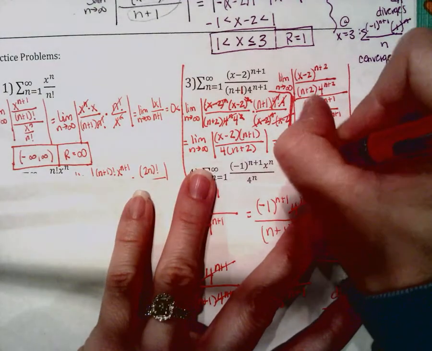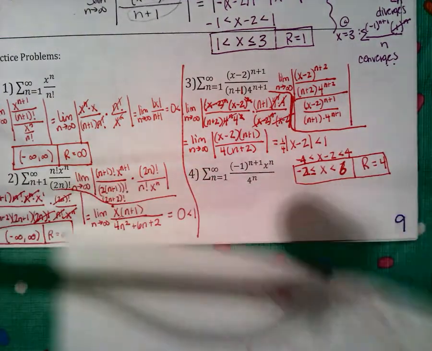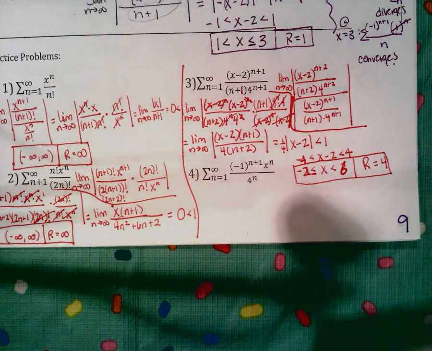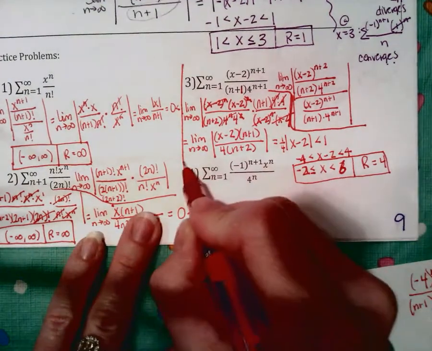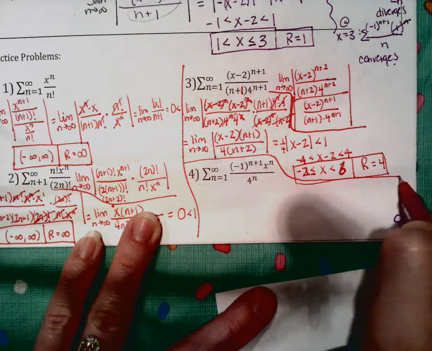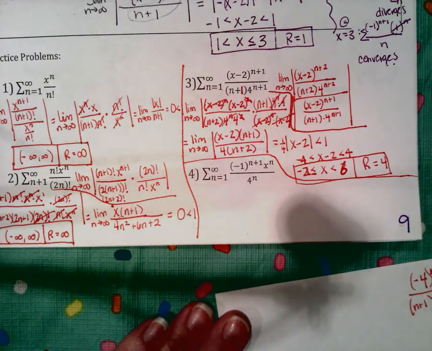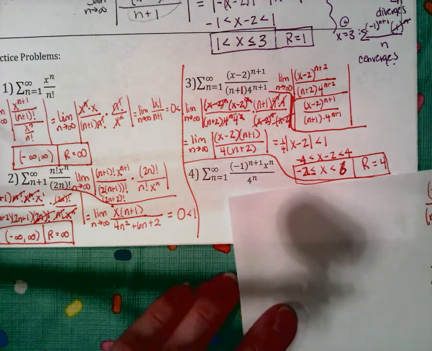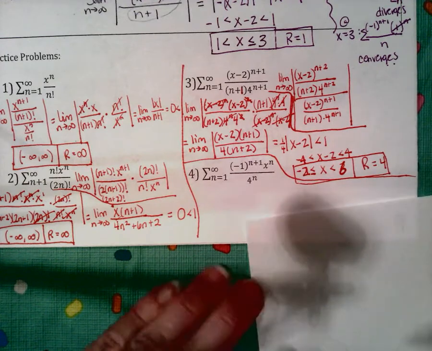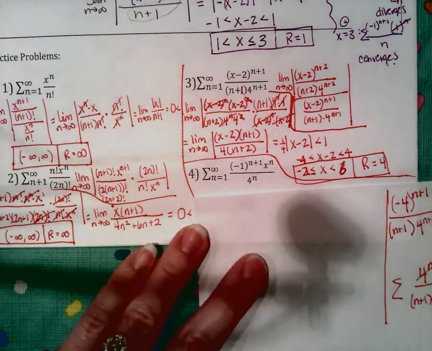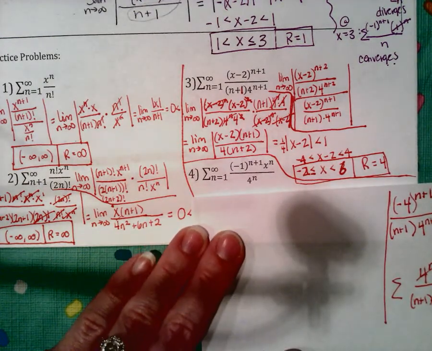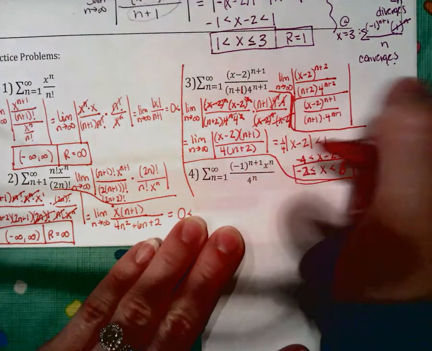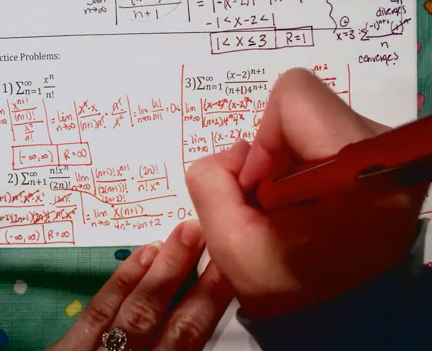Okay, and then there's one more, number 4, which, wow, I'm really running out of room here. So I'm just going to go ahead and do number 4 on a separate sheet of paper. So it's (-1)^(n+1) times x^n over 4^n. So using the ratio test, I'm going to do the limit as n goes to infinity